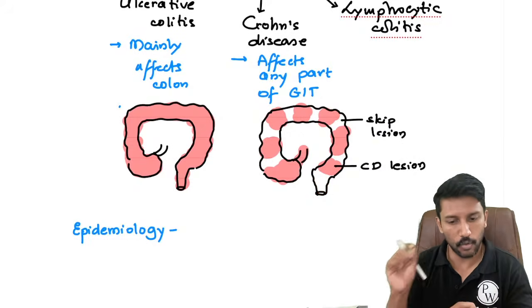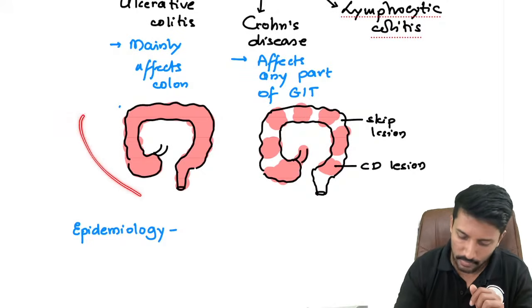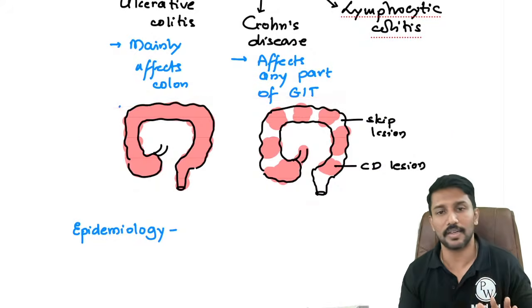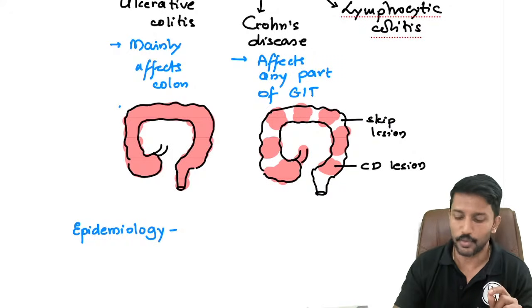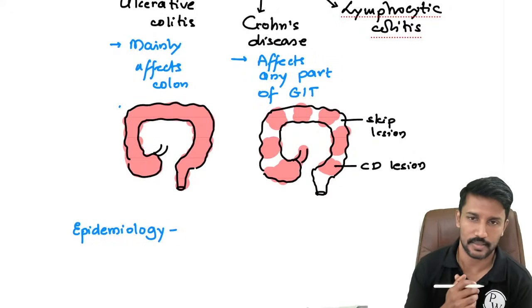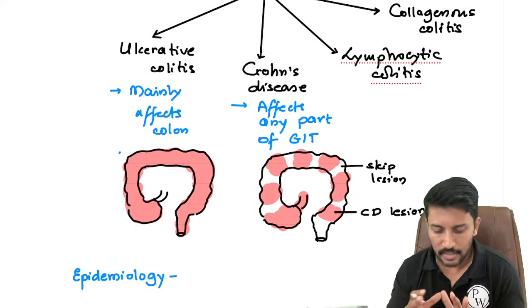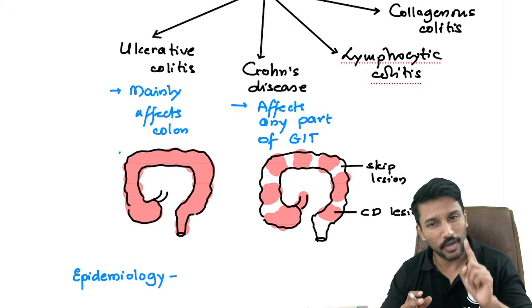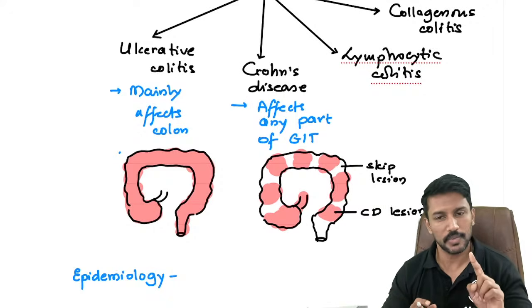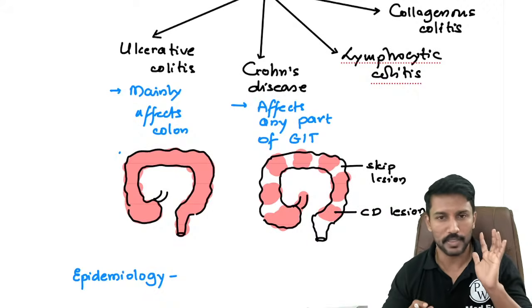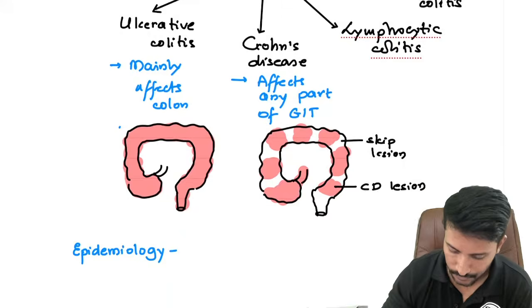These points we will write down in the answer too, but when we give a visual representation, the examiner understands that the student knows it. You don't have to read through your lines. Okay. So this is the basics that we need to know. Ulcerative colitis means colitis only. Crohn's disease means beyond colitis, right? Any part of the GIT can be affected.